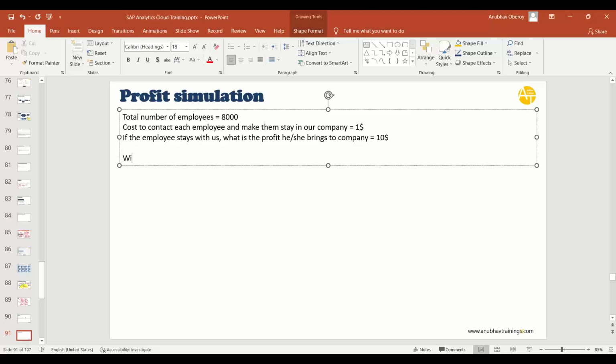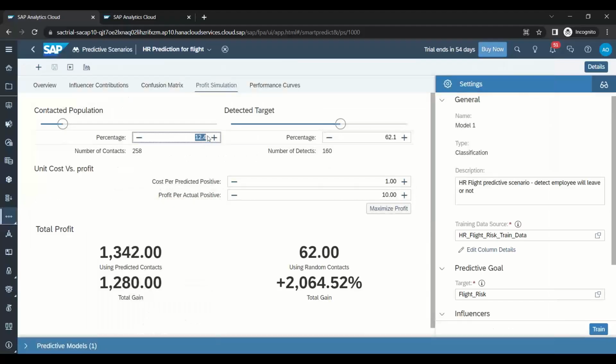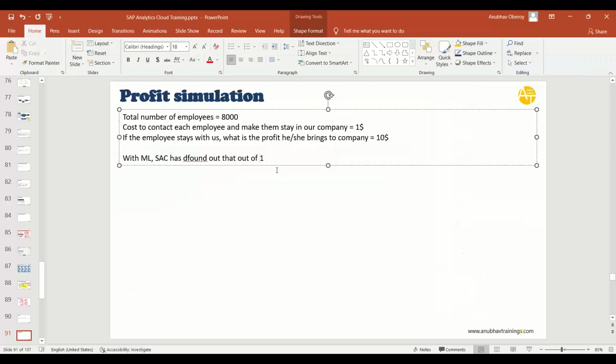Now, with machine learning in Analytics Cloud, we have found out that machine learning looked at 12.4% of employees. You see, percentage. It has looked at 12.4% of the population, and in this population, it has found 62.1% positive targets. So out of 12.4% employees,